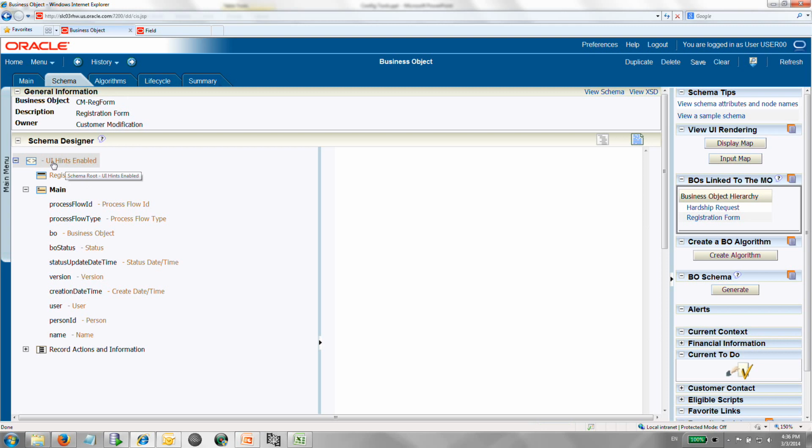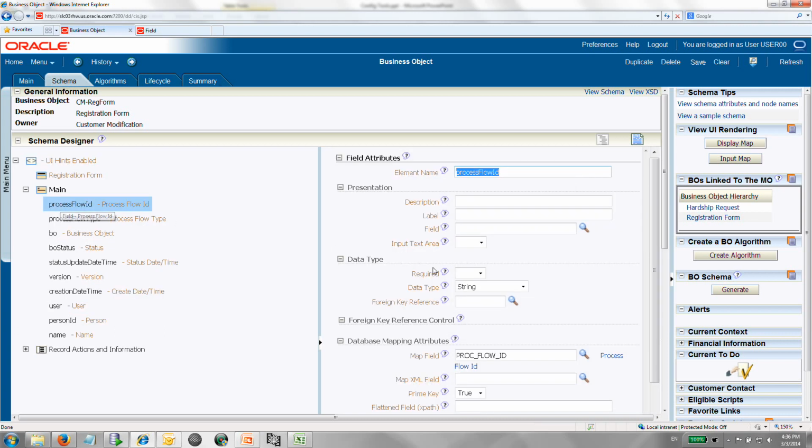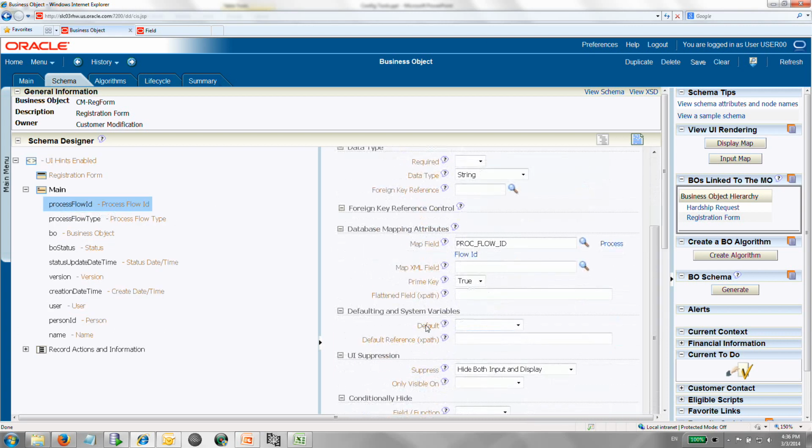You see that we have enabled UI hints. We have added in a title, an input map title, just like we did for the admin as well, called the registration form in this case. And then we have a section called main. And then we have our primary key, process flow ID,